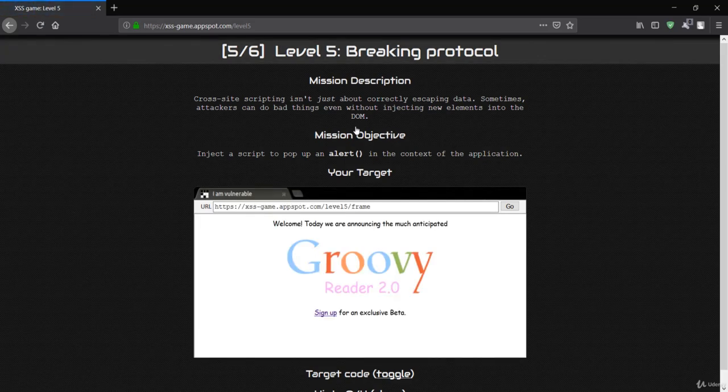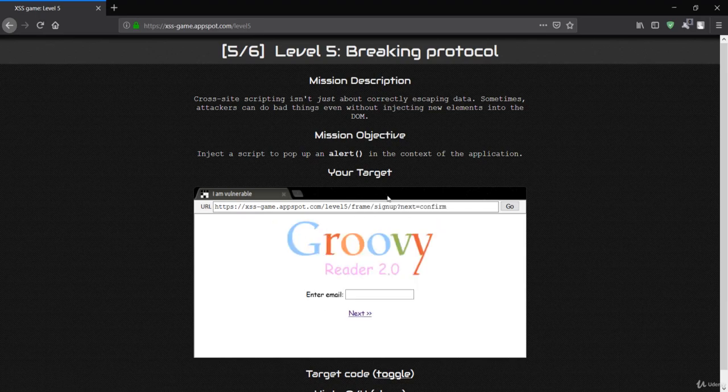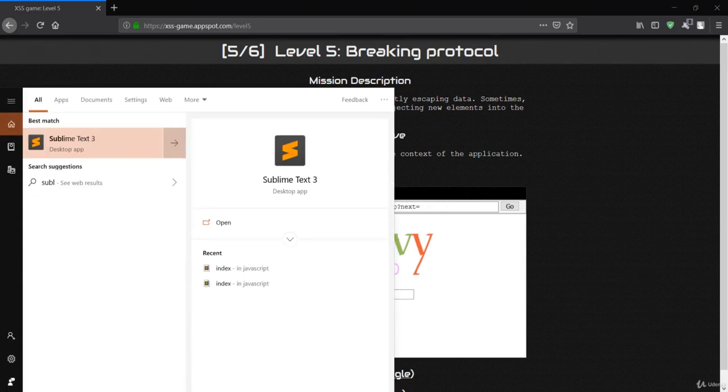So now we are in this simple challenge again. Let's see how this works. We are in this frame now, and if I press this sign up, you can see there is a change in this sign up, and we are just getting this next. Next is basically this field, so whenever I press next, something is going to happen. So instead of confirm, I have to change to the JavaScript code. So let's open my Sublime first.